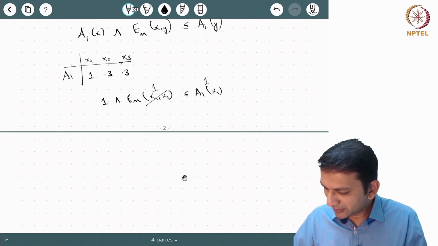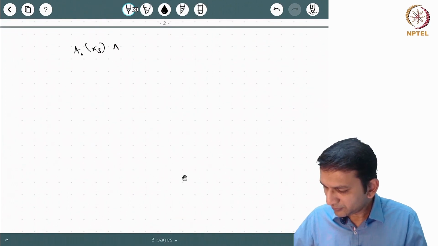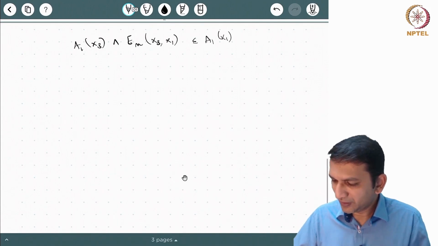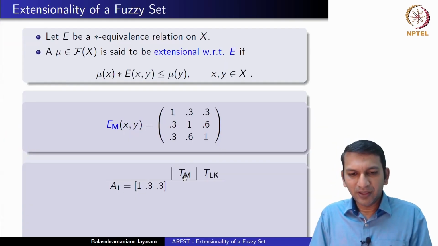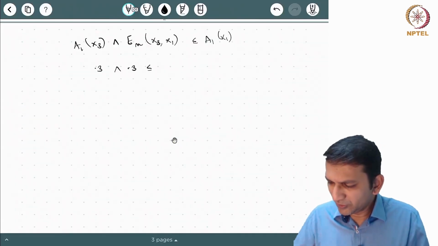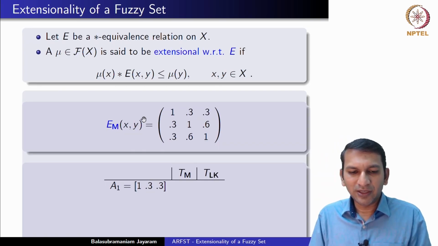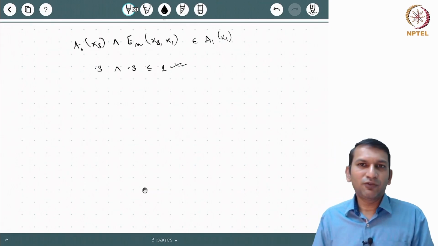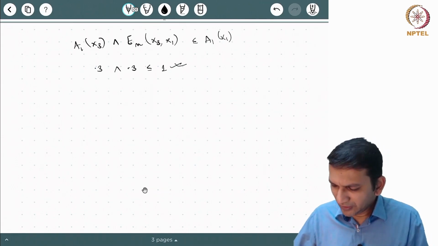So let's arbitrarily take A1 of x3 and Em of x3, x1. This should be less than or equal to A1 of x1. Now A1 of x3 is 0.3, and what is Em of x3, x1? It is also 0.3. This should be less than or equal to A1 of x1, which is 1. So this is true. But we need to check this for all possibilities. So the easier way is to write something like this. Let's write A1 star